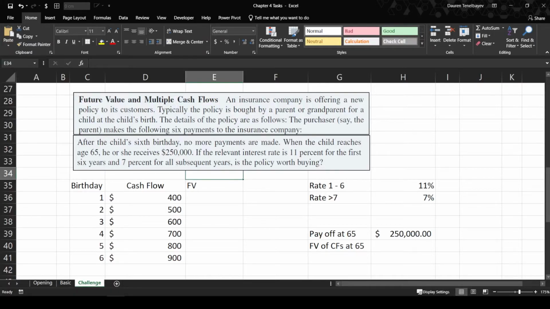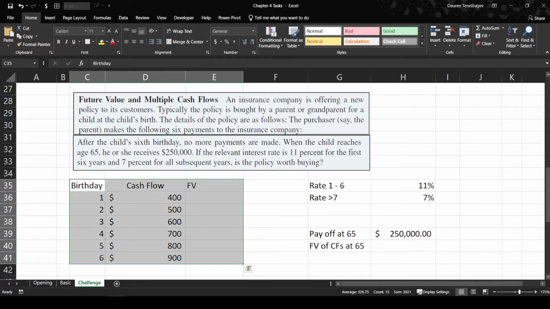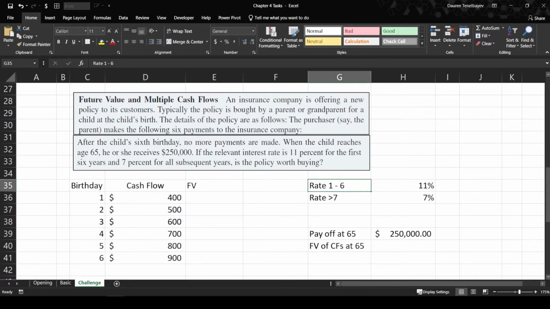Moving to the second question of the challenge part, future value and multiple cash flows. An insurance company is offering a new policy to its customers. Typically, the policy is bought by a parent or grandparent for a child at the child's birth. So we have our birthdays here and relevant cash flows here. After the child's 6th birthday, no more payments are made. But when the child reaches age 65, he or she receives 250,000. If the relevant interest rate is 11% for the first 6 years and 7% for all subsequent years,